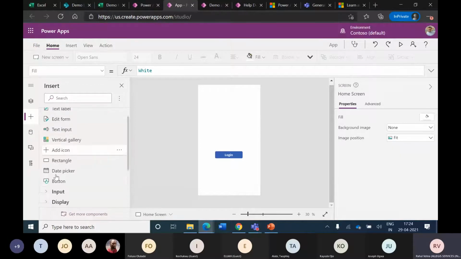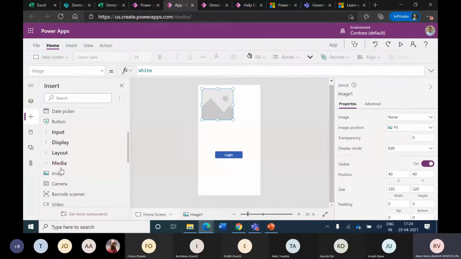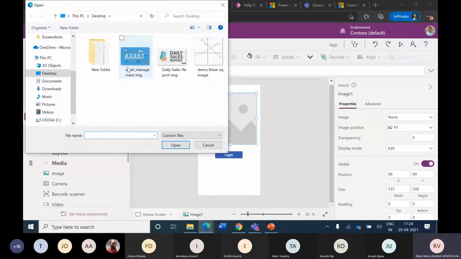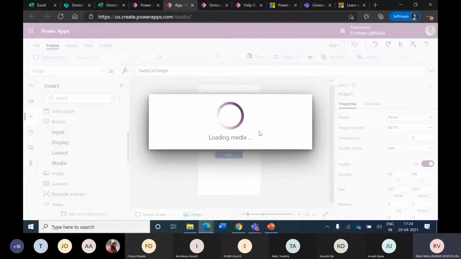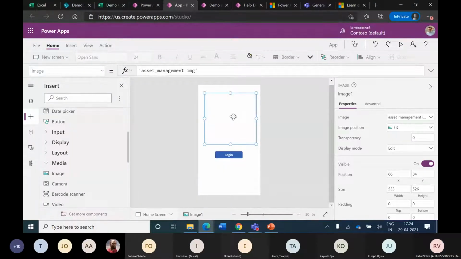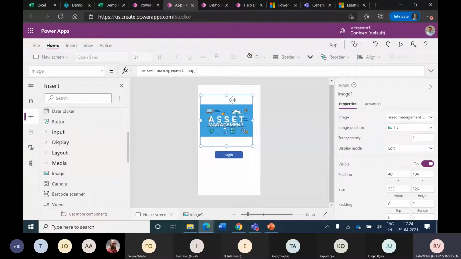And suppose I want to put in some branding and stuff like that, I can always come here and add an image placeholder like this. This is just for example. I'm going to now add an image file here, which I have kept. This is just an example, but you can always add anything more fancy looking here.